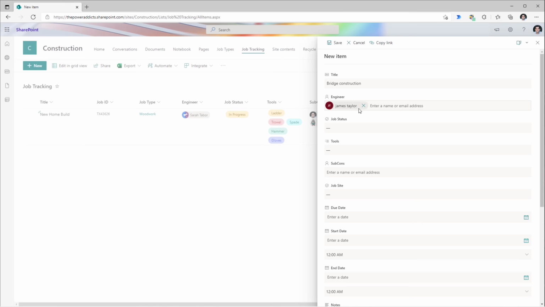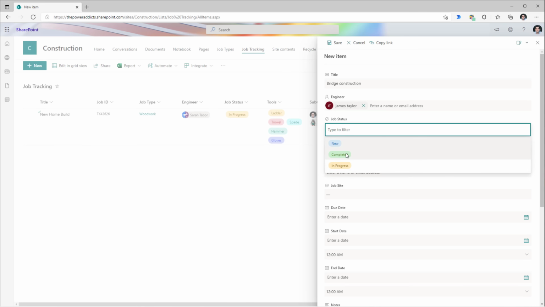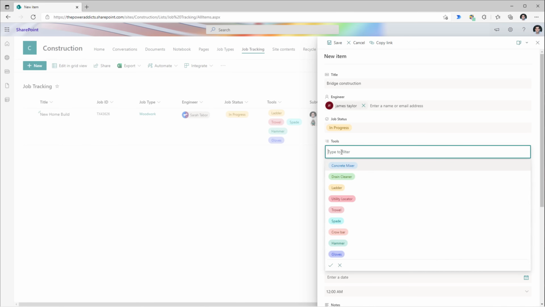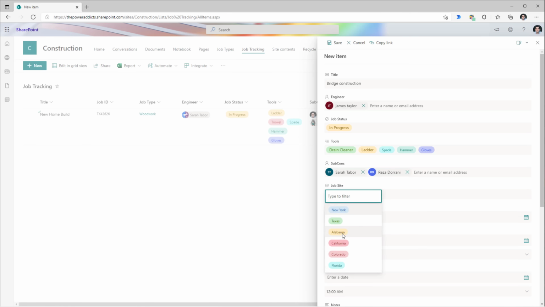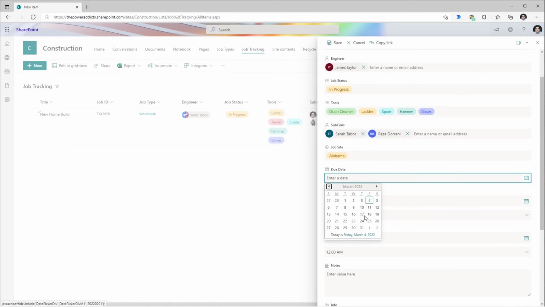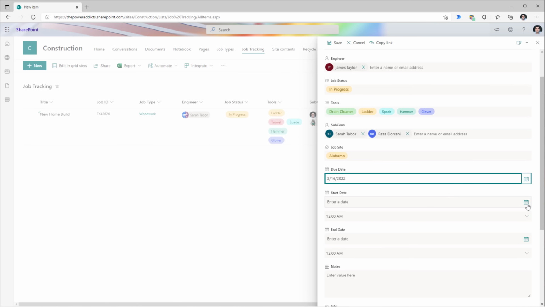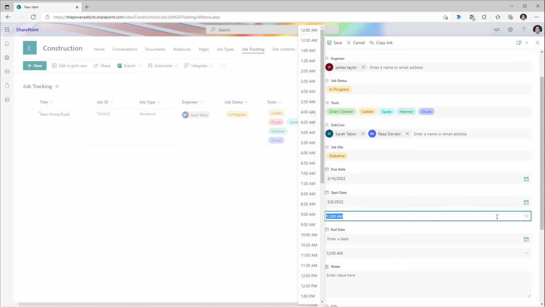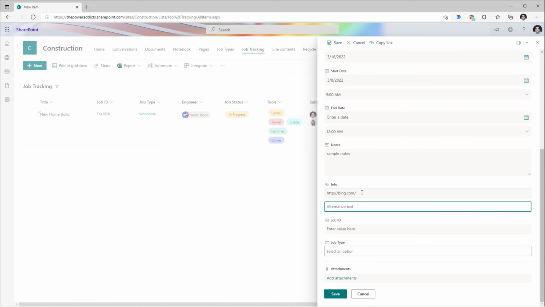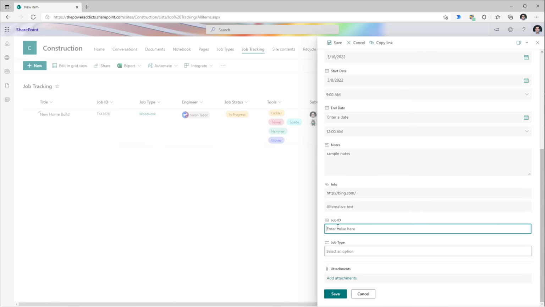This is a person type column. Pick the status of the job. It's a choice column. Tools is a multi-select choice column. Subcontractors, multi-select person column. Job site, choice column. Due date is a date column. Start date is a date column that also includes the time aspect. I have a URL column and then another text column that tracks the job number, and then pick the type